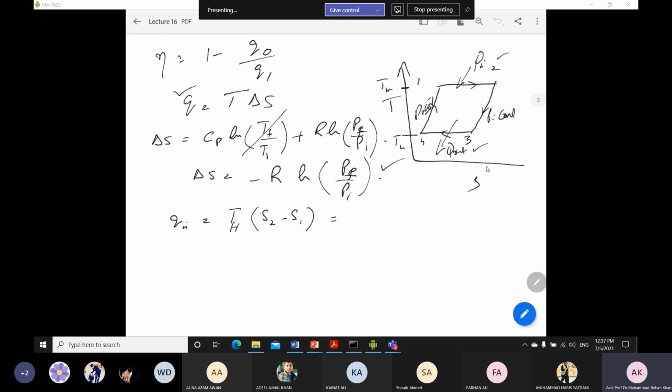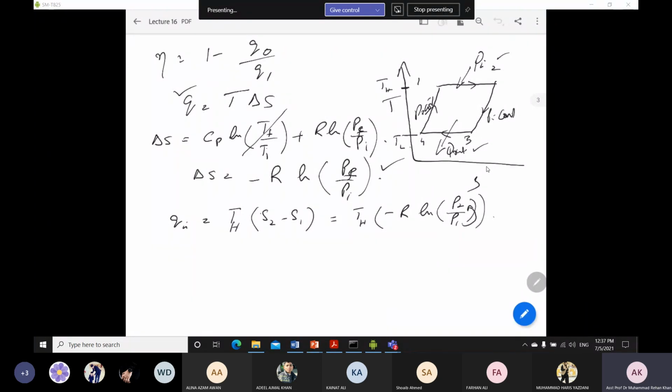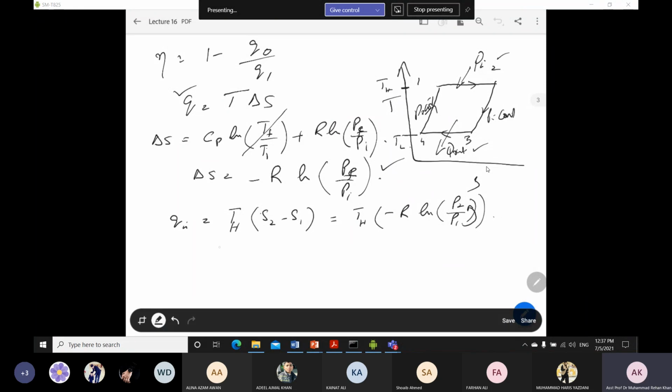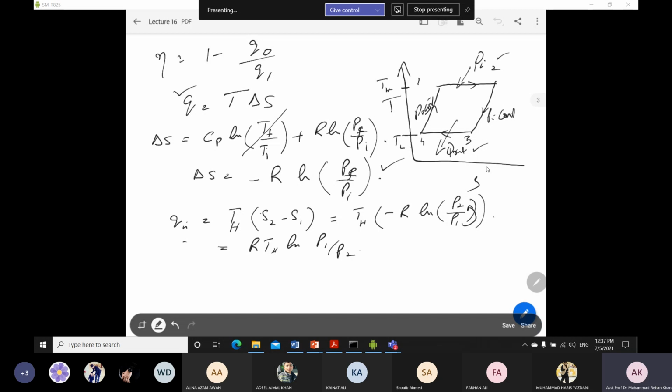So it turns out to be TH times minus R log of P2 over P1. If I rearrange it, shifting from the denominator to above and numerator to below, it automatically cancels the negative sign. So from mathematical knowledge, we can say R times TH log of P1 over P2. This is the Q in equation